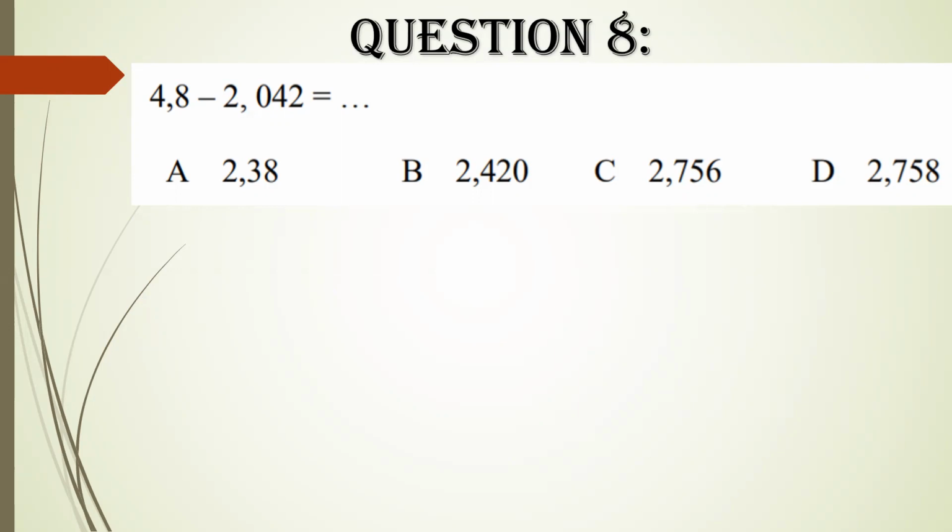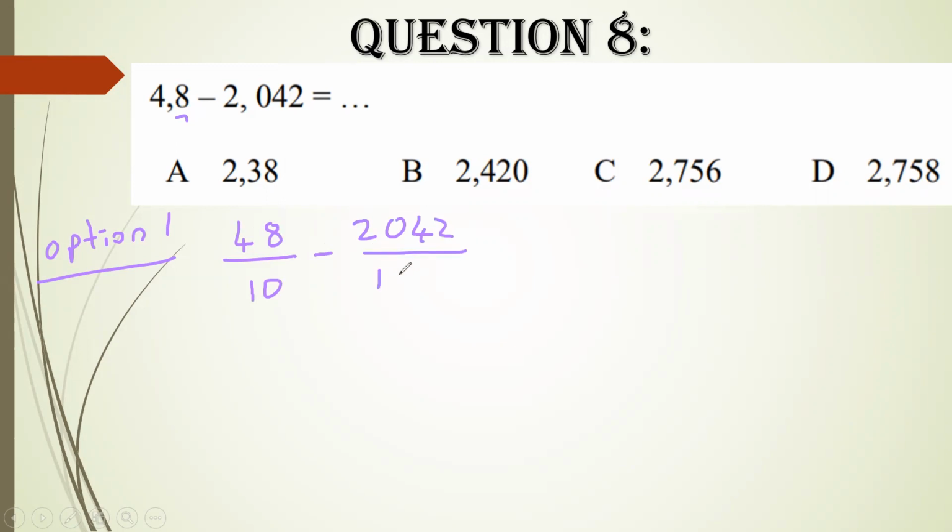Okay, I hope you did try and then you got the correct answer already. Let's try. For this question, we have two options. First of all, you can just change to fraction, just what we said for other questions. Option 1. 4,8 we can write 48 over 10. Why 10? Because after the comma, we have only one number. I think it's okay. And minus